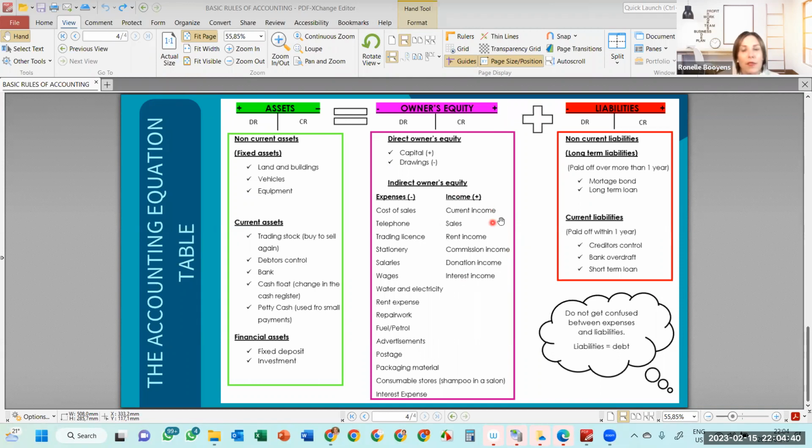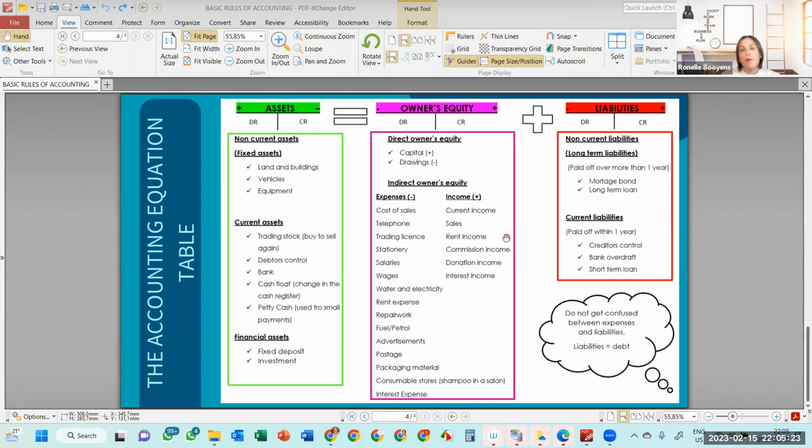So all incomes that the business might get in some way will increase what is due to the owner, will increase the owner's equity in the business. And there's many different types of incomes. Current income is when our business provides a service to our clients, hair salon, electrician, plumbing business, pet sitting, something like that, where we don't physically sell something, our business provides a service. That money that we get from providing a service is called current income. When our business sells to our clients, when we trade, that income that we get from sales increases the owner's equity. And then there's a few others.